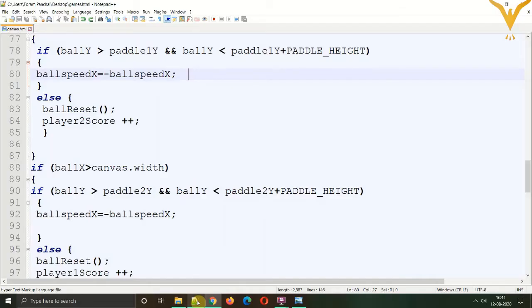now it is acting like it is hitting a wall and flipping its direction. There is no influence of the paddle on the ball's vertical position. It is not like the paddle is hitting the ball and changing its direction. It is like the ball is hitting the wall and flipping its direction. So what we need to do is count a minor change in the paddle's position and give it a motion such that it will have an influence on the ball's vertical position.